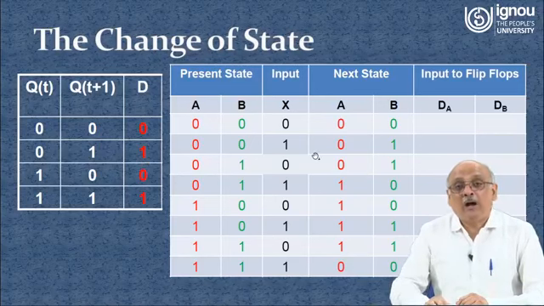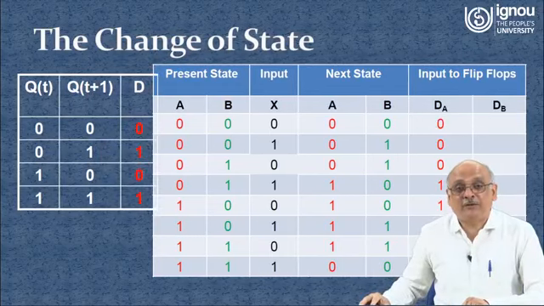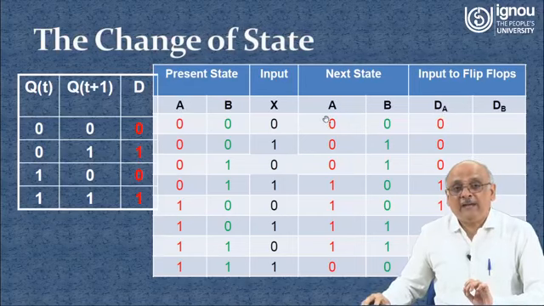Now let's look into what values of dA we should have, and what should be the value of dB for this particular case. So first I have shown the values for dA. Now please notice A present state, A next state. This is the characteristic table. So A 0 to 0, the D value has to be 0. A 0 to 0 once again, the D value has to be 0. A moves from 0 to 0 again, so D is also 0.